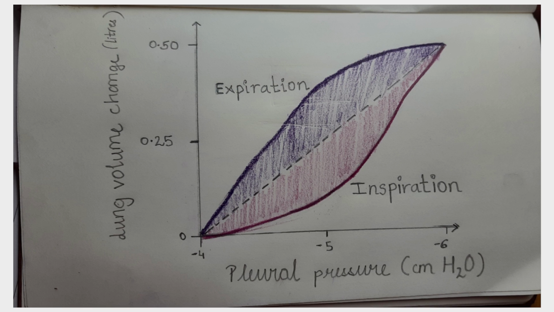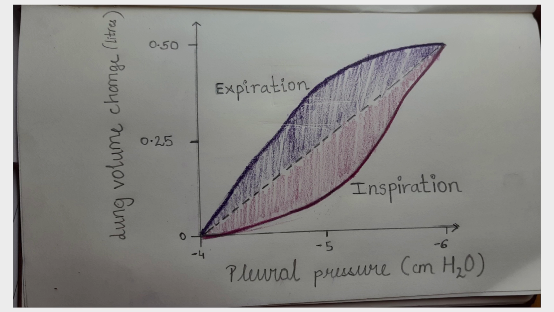Now as the pleural pressure becomes more negative, we can see in this graph that the inspiration curve, down in pink, is increasing. I only follow the inspiration curve. The volume of the lung increases as the pleural pressure becomes more and more negative, since we are sucking it, and the lungs are distending, as I explained earlier. As it moves to around -7.5, we can see that around 0.5 liters of lung volume, or air, is drawn inside. That is basically your tidal volume, about 500 ml.